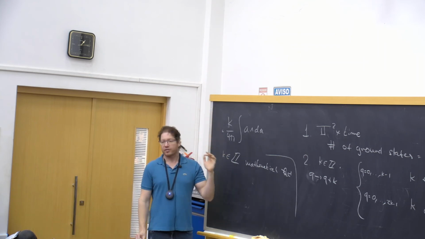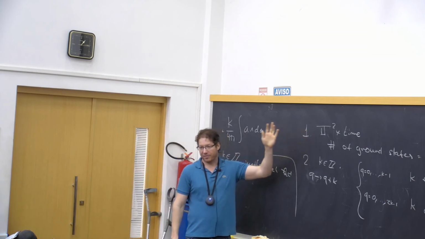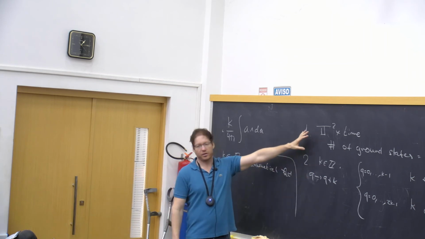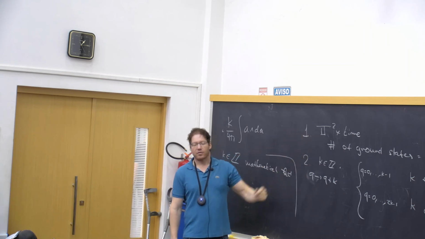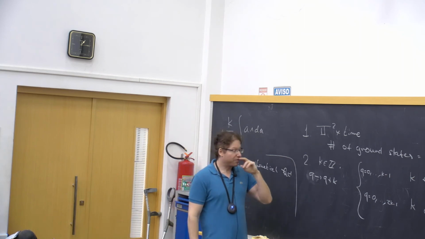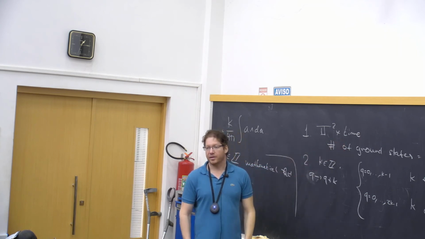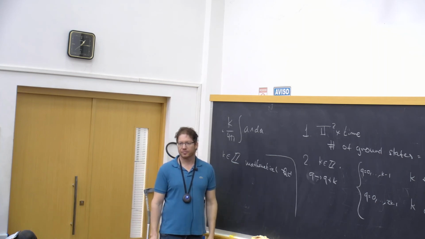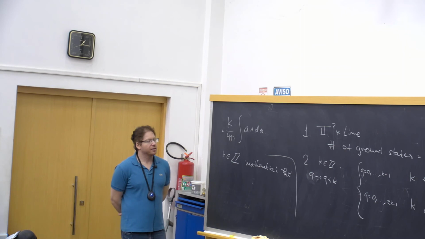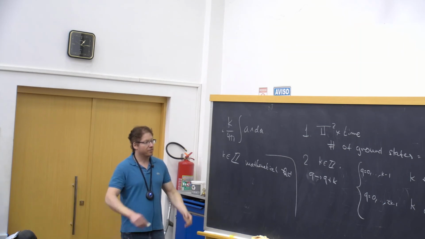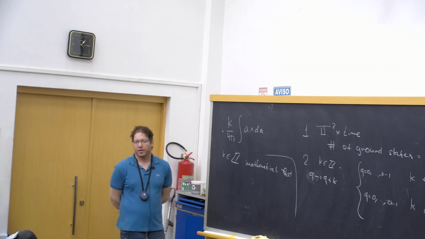The problems, however, hit you in the face if you try to define the theory in compact space. So this model that you mentioned may seem okay on R2, but once you put it in compact space, it makes no sense. Why does it make no sense? Well, for instance, the number of ground states will be infinite. It will be an unphysical model somehow. You expect the number of ground states on a compact space to be finite, or 1 in most cases. Having an infinite number of ground states or an infinite dimensional representation of the braid group is probably unphysical.